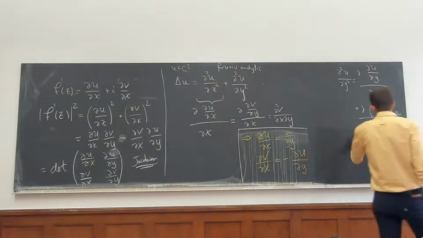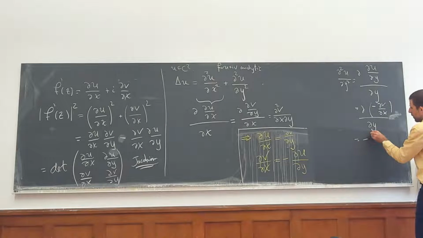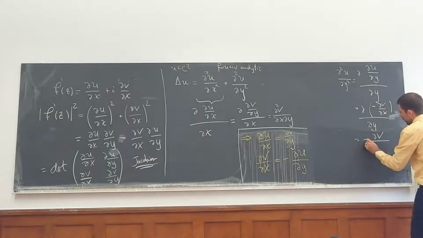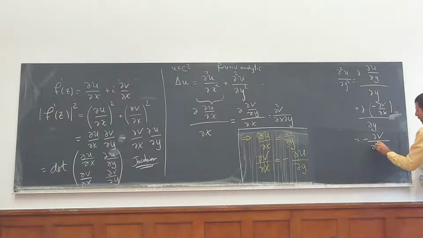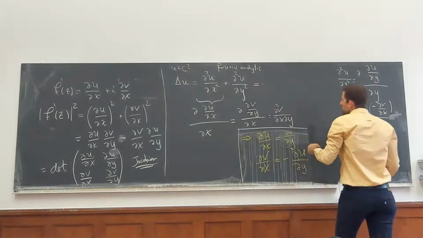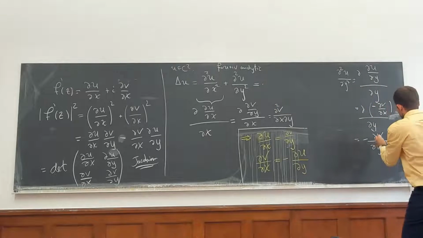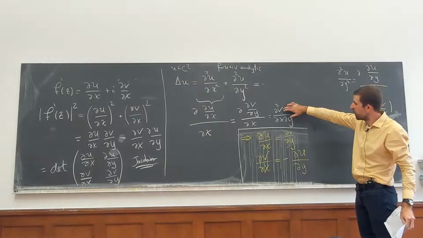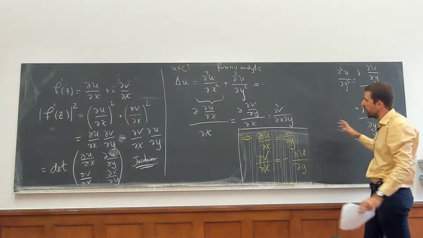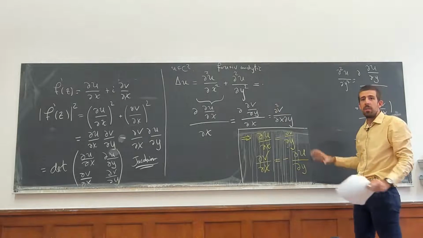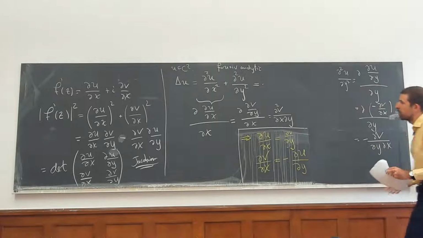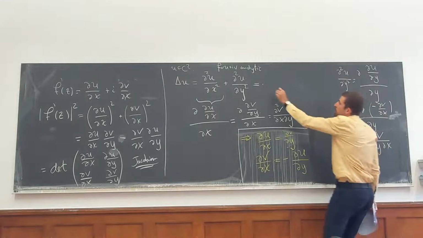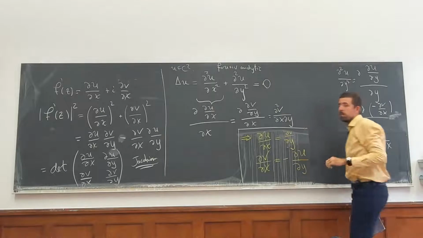Okay, so we get here minus, x or y, x. But because those things are the same, we get here the two derivatives: the partial derivative of v with respect to x and y, and with respect to y then x. We can swap them because if a function has continuous derivatives, then the mixed partial derivatives are the same. And so this means that this must be 0.